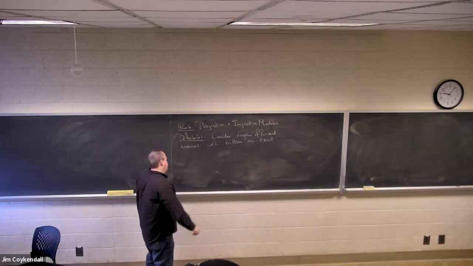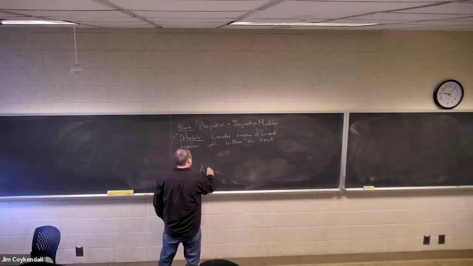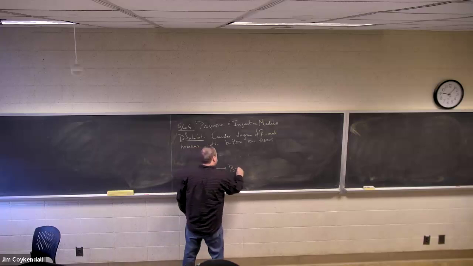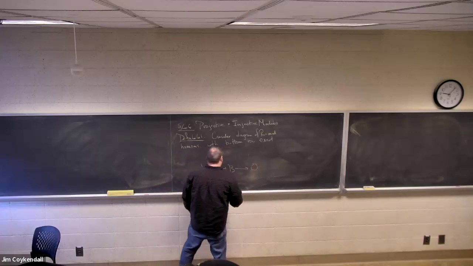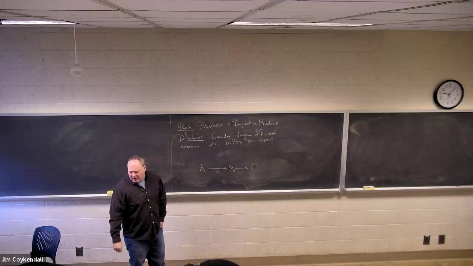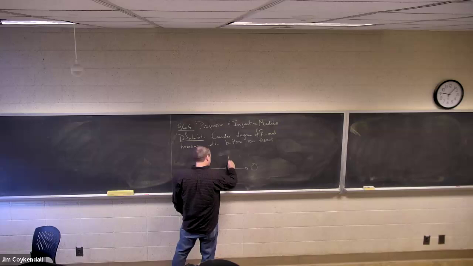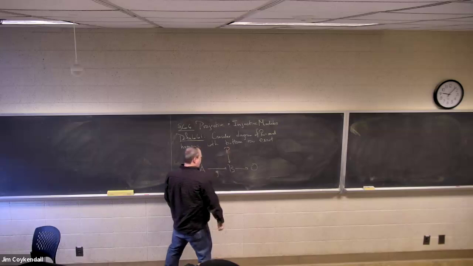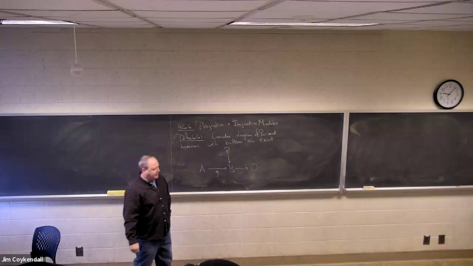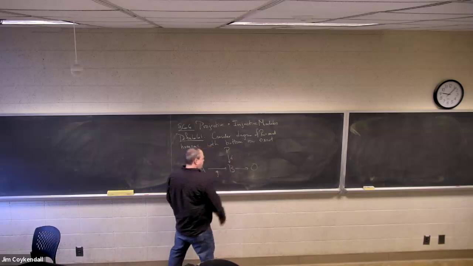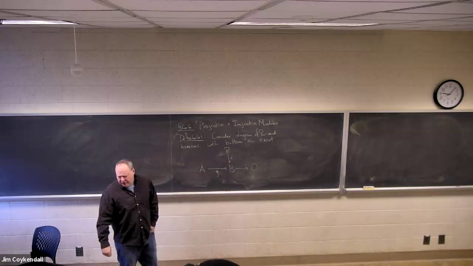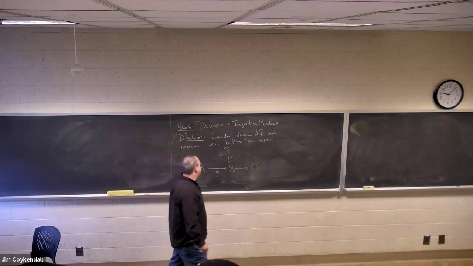So here's the diagram. So all this really means, of course, is that G is onto. We'll call this P, and we'll call this F. We say that P is projective